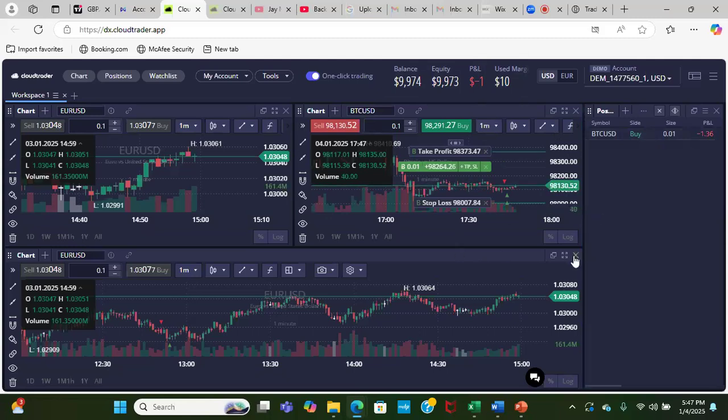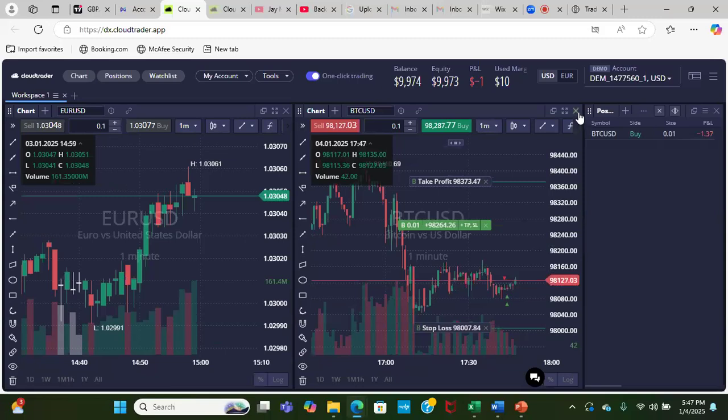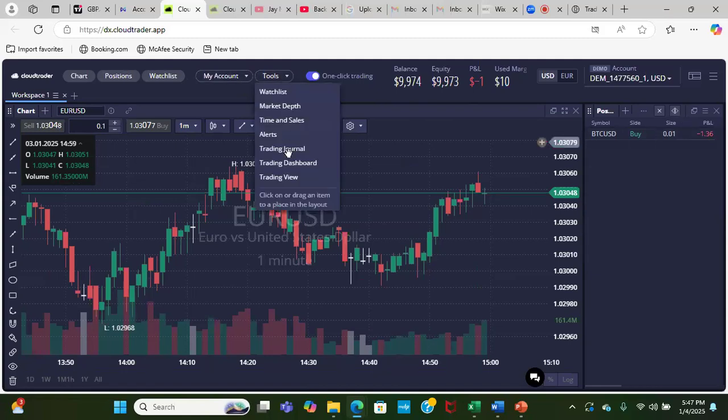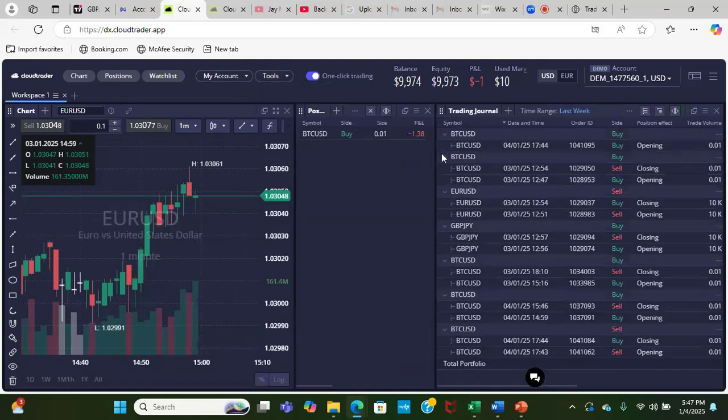And another thing I really like about this platform is also you're able to have a trading journal. So I thought that was really cool. I've seen a lot of different platforms, from Trade Locker to MetaTrader 4, and I've never seen a trading journal.